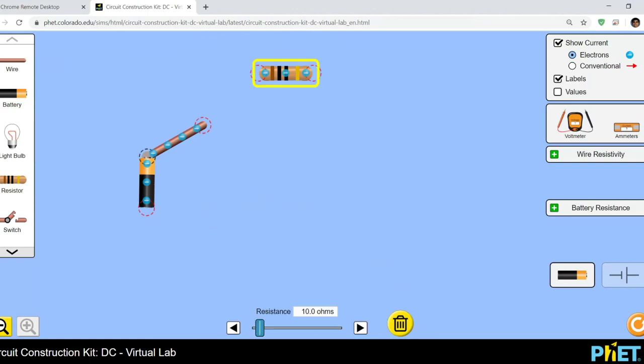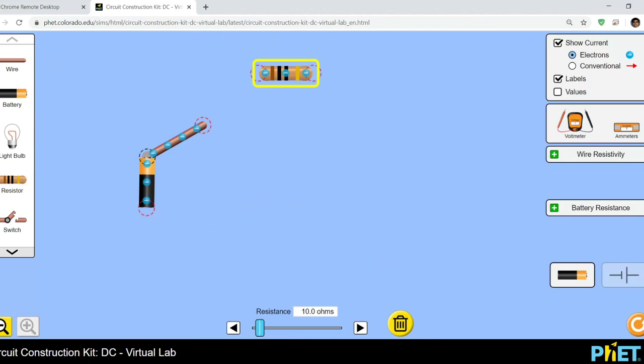And if you click on it, you can change the value. This is 10 ohms. Typically it's 3 bands, and then there's this fourth one that tells you the precision of it. Sometimes it's within 5%, sometimes within 10% of the value. So if you're getting a 10 ohm resistor, it might be 10 ohms plus or minus 0.1 ohm or something. So it could be 10.1 or 9.9, and when the manufacturer makes it, they're guaranteeing you that it's within that range, based on what color bands you have at the end.